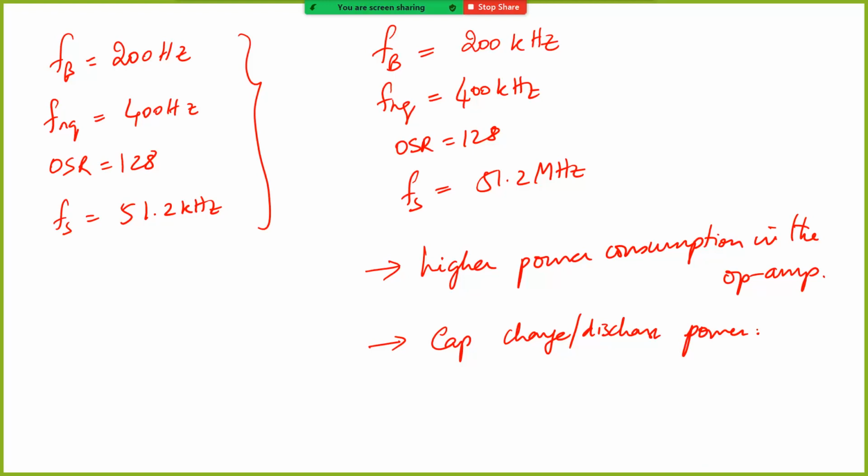So what can we conclude? As you increase the bandwidth of the signal, as you increase the sampling rate, you start encountering these issues. You basically have to do things very fast, and when you want to do things fast, you have to burn a lot of power. So the solution that has been proposed is, why not have a continuous time delta sigma modulator?